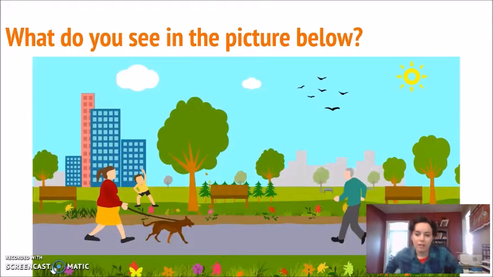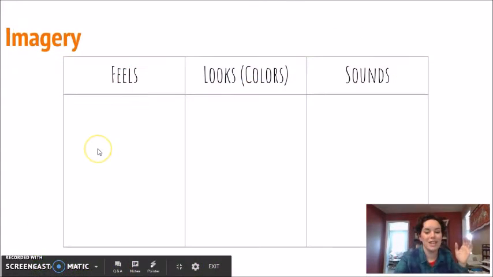We have a picture here. Obviously, this is a park. I want you to think about, when you look at this picture, what senses might come to mind. If you were in this scene, what would you be looking at? What would you be hearing? So looking back at this table here,